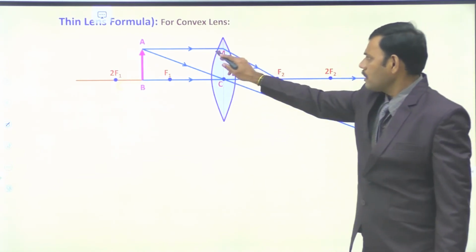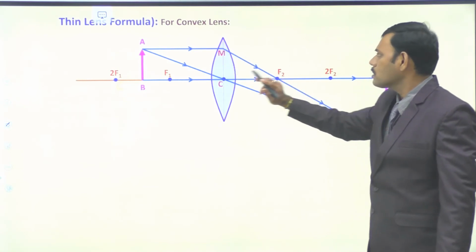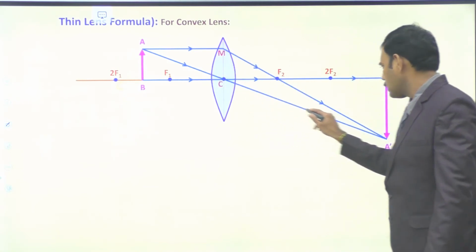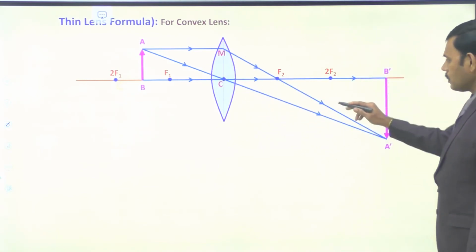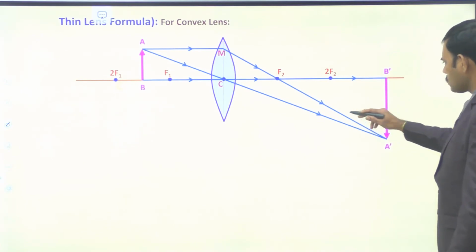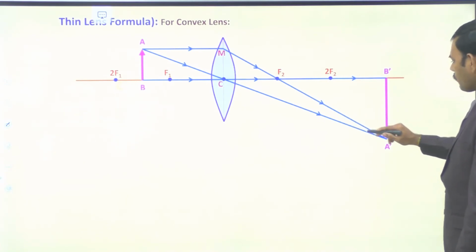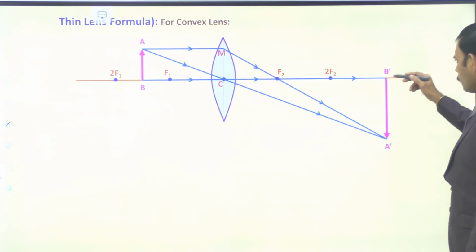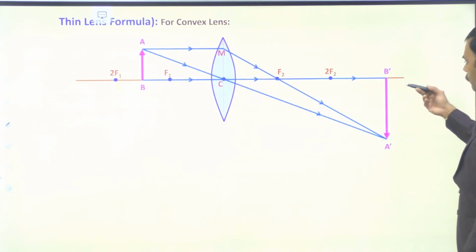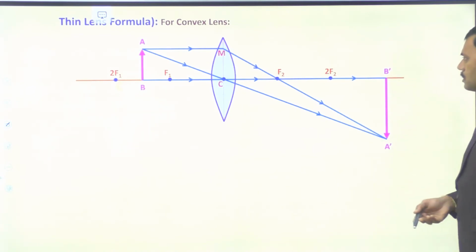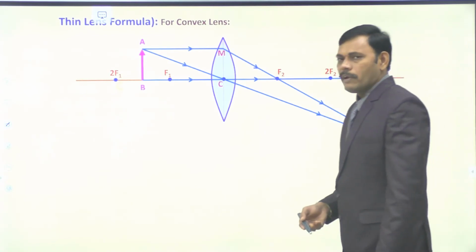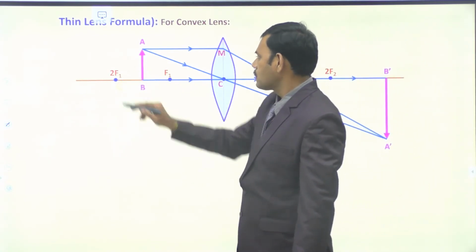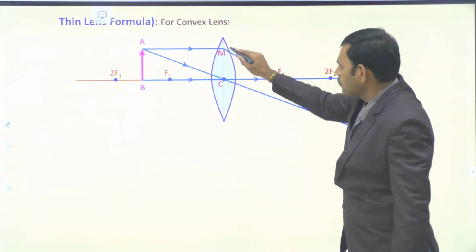A light ray parallel to the principal axis passes through the focus. A light ray passing through the optic center moves without any deviation. The two intersect after refraction. These two are the refracted light rays. After refraction, this is the intersecting point. Hence, we get the image. This is a magnified, inverted and real image formed by the convex lens when the object is kept between the focus and the center of curvature. Okay, this is the first refracting surface.